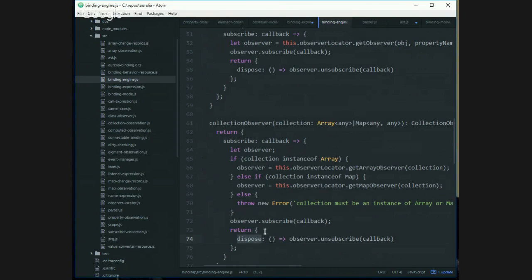That's clear. Okay, so that is the binding engine, the binding, the syntax parsing, the performance work that we're doing. I guess we can talk about